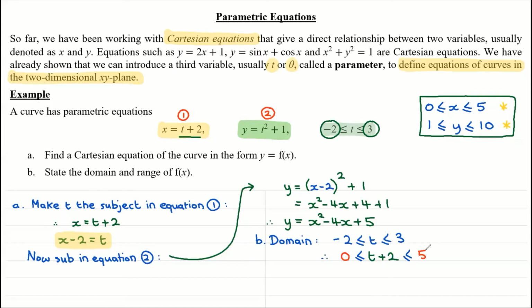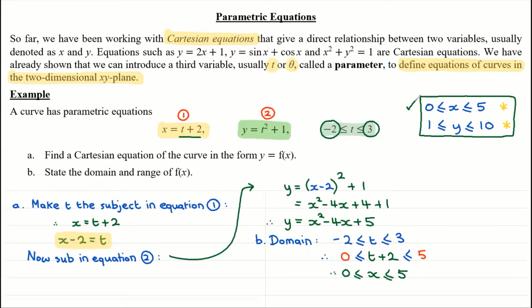Add 2 to that. So t plus 2 is, of course, x. So I can now write, therefore, 0, which is the lower limit, up to 5, which is the upper limit, which also corresponds with what we discovered earlier in the warm-up. Now then, that's the domain, okay? Hopefully pretty simple. Now for the range,